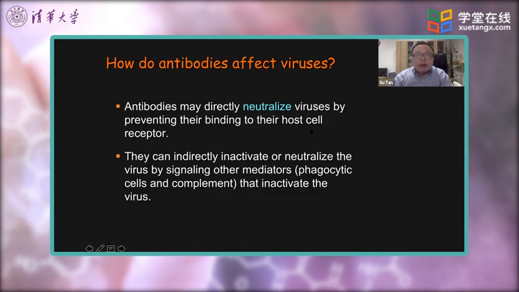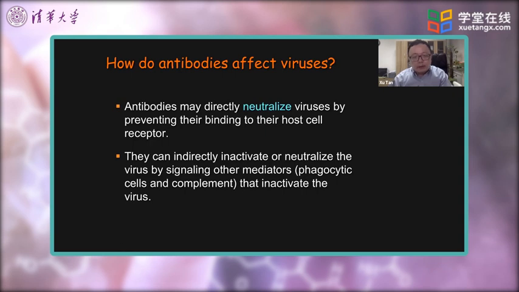Then the antibody, as you probably know, is a powerful tool. When it's released by the B cell, it can directly neutralize viruses by coating the viral particle with a protein shield, making the virus no longer able to bind to its host cell receptor. In addition, antibodies can also recruit other mediators such as phagocytic cells as well as complement molecules, basically to